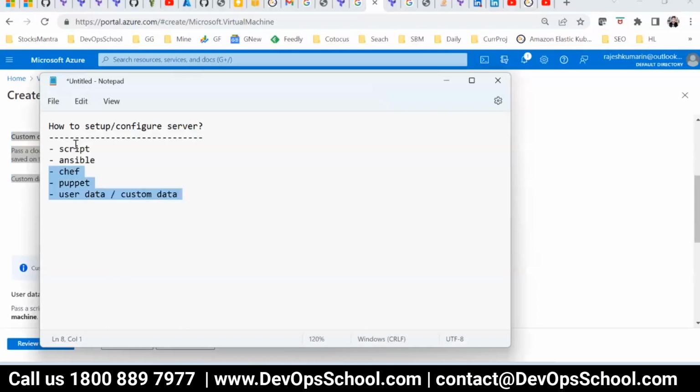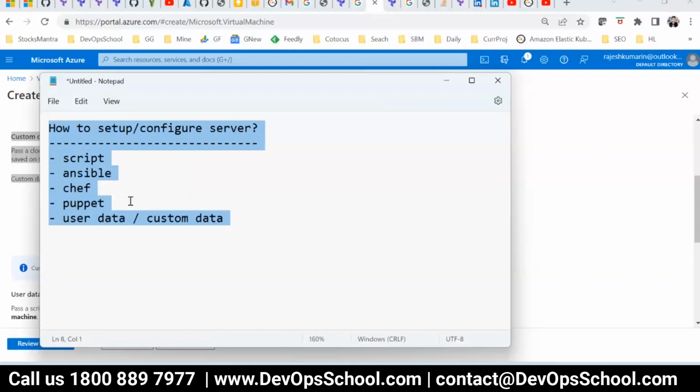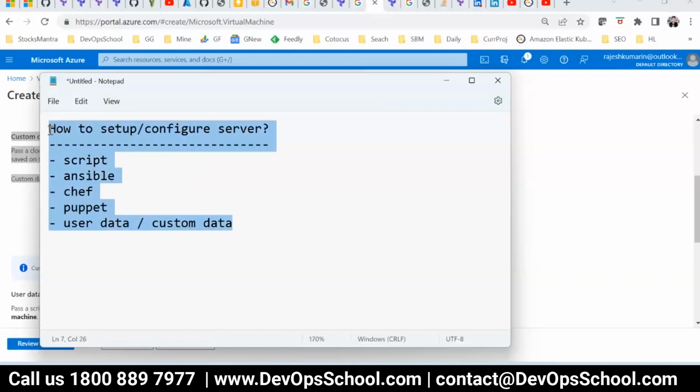So we can use it. Basically, very simple. We have understood that if you want to configure your server and set it up, you have to load some user data and custom data through some script, or maybe call that Ansible script, Chef script, and Puppet script. So are you comfortable with this concept, right? All of you? Now, I'm not getting into why we should use Ansible, Chef, or Puppet. That's a different topic, but we do that. So that's a part of automation.